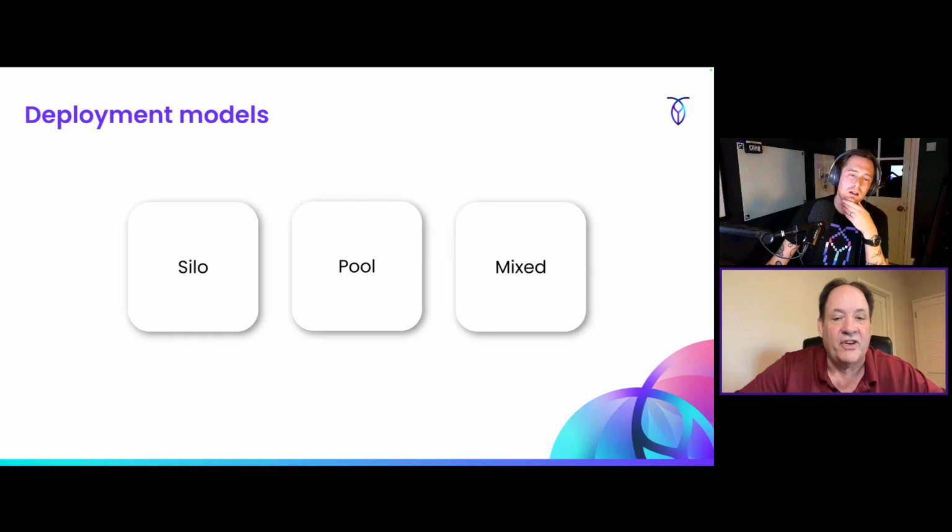So mixed is really just trying to get to the idea that it's not a one size or binary sort of decision. I'm not deciding I'm siloed or I'm pooled. I'm saying on a resource by resource basis, I'm deciding whether or not they're siloed or pooled. Now, if you come a level up from that, you can also then say, well, we talk about full stack silo, for example, or a full stack pool. And those models are saying all the resources in a full stack silo model means storage, compute, everything for that tenant is siloed, dedicated to that tenant, or in full stack pooled, everything is shared for that tenant.